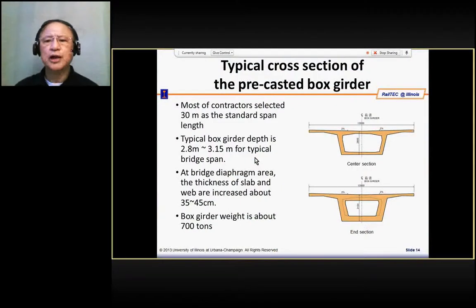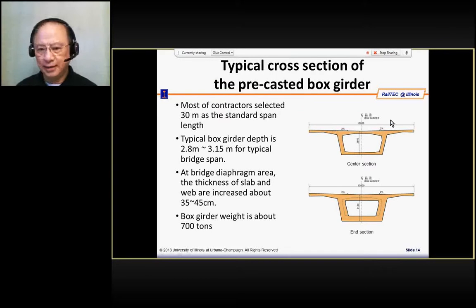Okay, so for the construction of this viaduct, the new technology is to construct it as a precast box girder. After you construct this precast girder, you can launch it with a special machine. And I will give you a detailed description of how this is done. The design of this girder is a precast girder, so you have a closed section with a minimum of material, minimum concrete and steel,